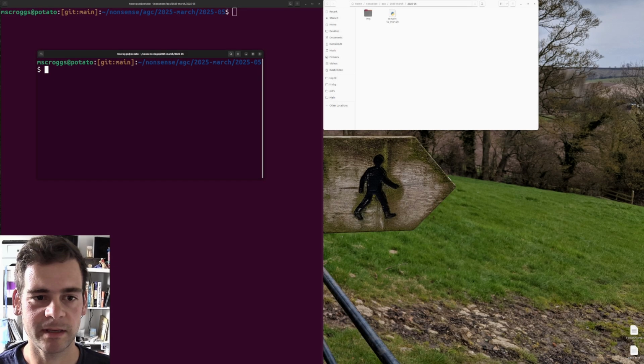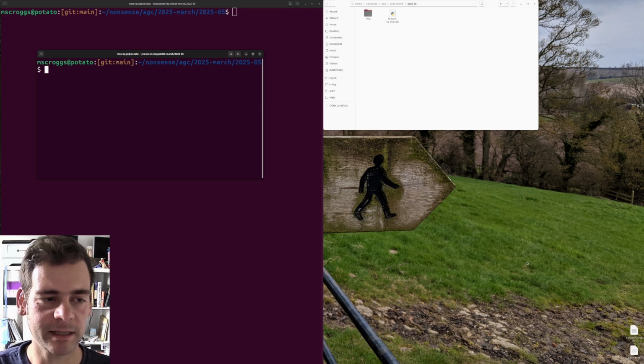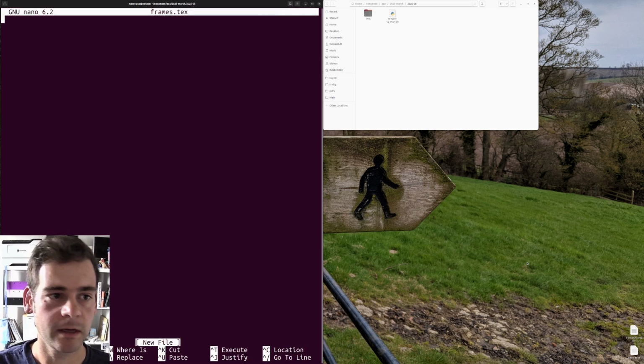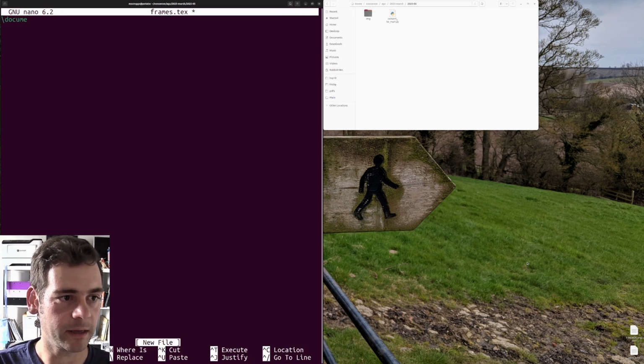I'm going to attempt this month's TMiP Animation Generation Collaboration task, which is to make an animated proof of Pythagoras' theorem. And once again, I'm going to do this in LaTeX using TikZ. So I'm going to start by doing the usual